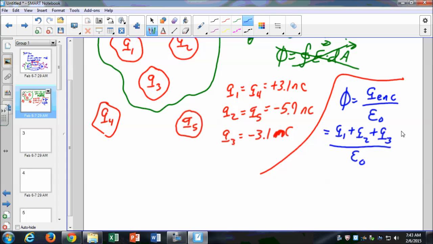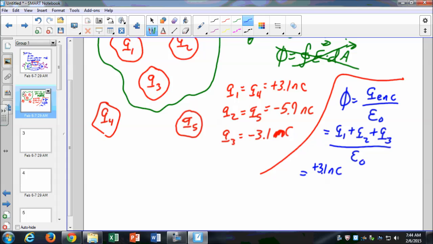So you can probably look at this and tell, is the flux going to be positive or negative? That is, is there going to be more flux going out? That is, is it positive? Or is there more flux coming in? Is it negative? Which do you think it is? More coming in. So the net field lines are going to be coming in because I have more of a negative charge inside there. So Q1 is positive 3.1